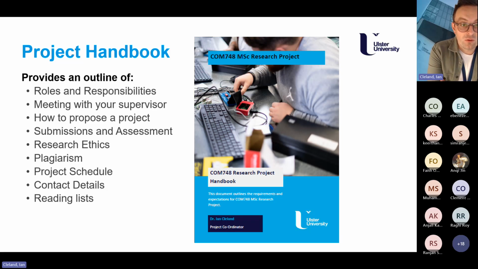It contains all of the detail that I've covered in the previous workshop and in this workshop, and in a lot more detail, particularly around the assessment and what's required for you from the assessment. It also has some details around the roles and responsibilities and how to engage with your supervisor, and important things around plagiarism and just generally the schedule and some contact details for the module. So I really recommend, if you haven't reviewed the module handbook yet, please take a look through that, particularly around the assessment and the rubrics and how the project module is all assessed.